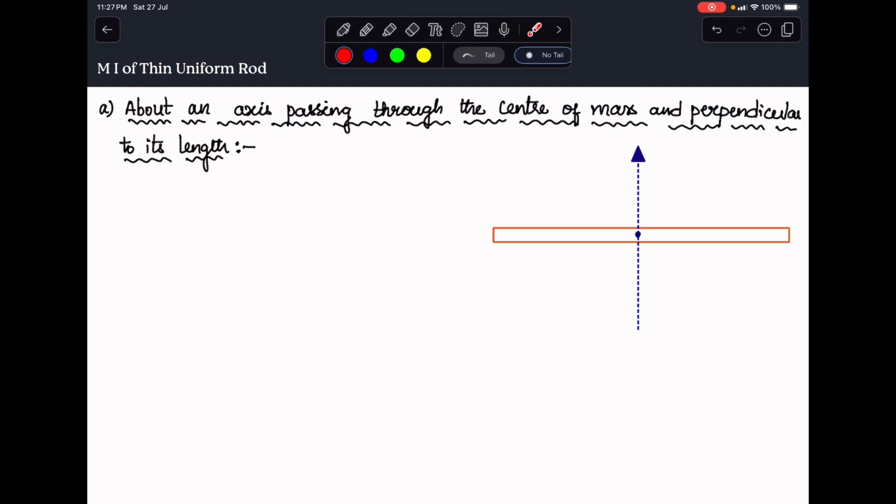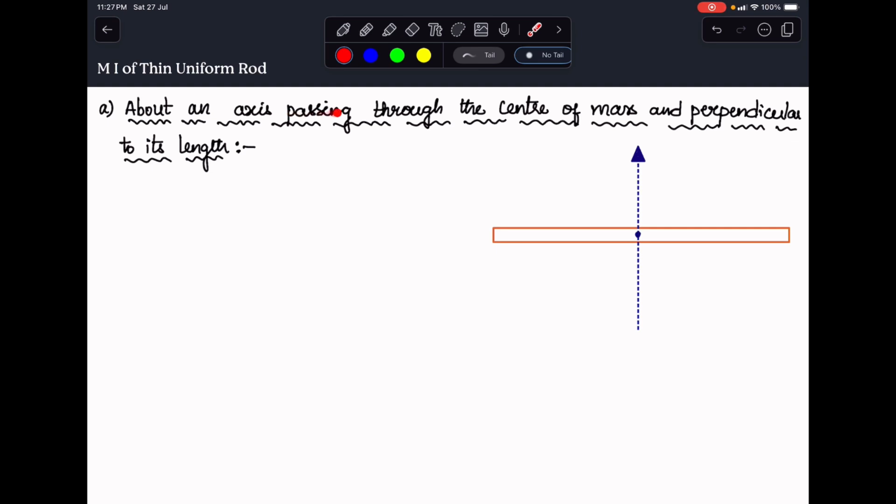Hello everyone, welcome back. As we already discussed in our previous video about moment of inertia, now let us try to derive the expressions for moment of inertia of regular figures. One of them is the thin uniform rod. For the thin uniform rod, we can calculate moment of inertia about different axes of rotation, out of which in our first video, we are going to learn or derive moment of inertia of a thin uniform rod